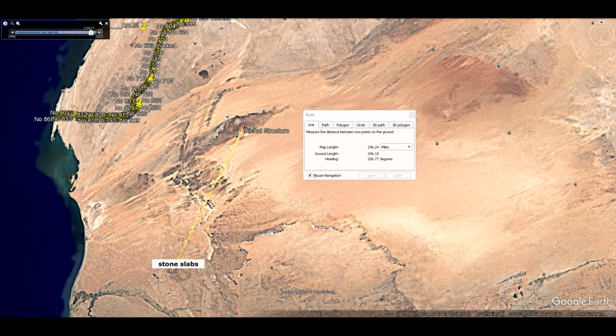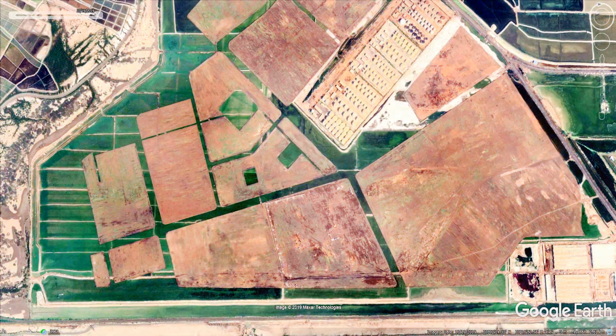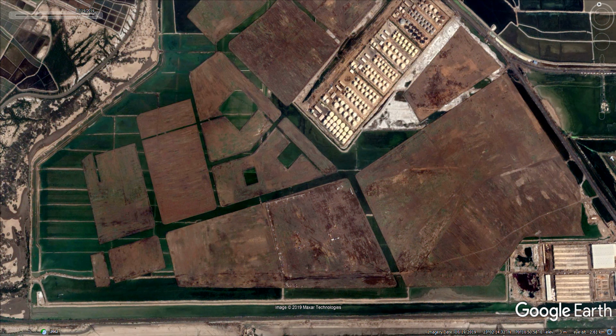These slabs were carved, and their original shape can still be seen in some of the ruins. The slabs lay on a lattice structure. Remember the discovery of the stone slabs in India? They are still lying on a lattice structure and are in perfect condition. You can still see the water channels and the unusual precision of the cutting. But let's see what destruction befell the plates 300 miles from the Eye of the Sahara.